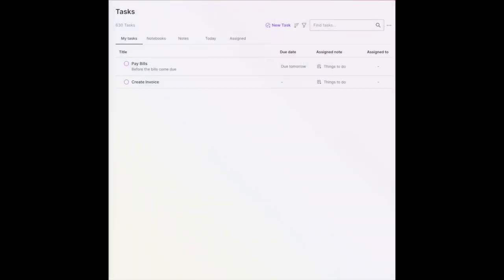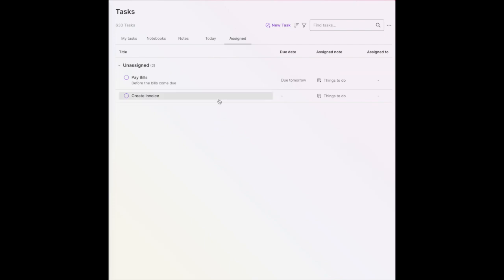Now, the way this is displayed, I think, is also very, very helpful. If you look at this top line here, my tasks simply display all of the tasks that you have created. Notebooks allow for grouping of your tasks by the location of your notebooks. Notes will allow you to display everything by those that you have notes. Those things that immediately need your attention today, you can look at by day, or you can sort by or to whom the tasks have been assigned. So I like these additions to